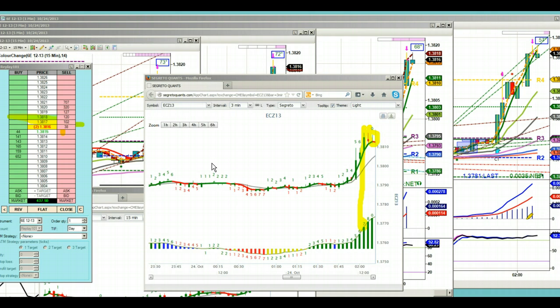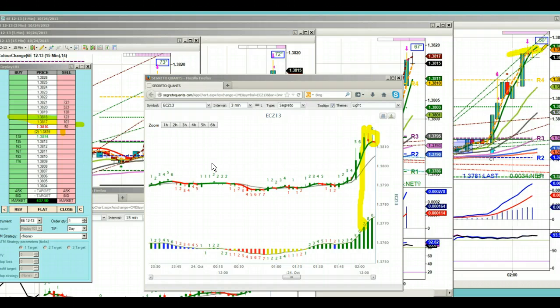So as soon as you see Christmas, you can hang in there if you want to see the actual red, or you can exit as you land on that fractal. I like to exit as you land on that fractal, when you see that last bit of momentum. That's what I use my green fractals for. So that's why I say keep the red and the green fractals on your chart and use them actually for your exiting point. But you don't want to exit on the first time you hit the first green fractal,